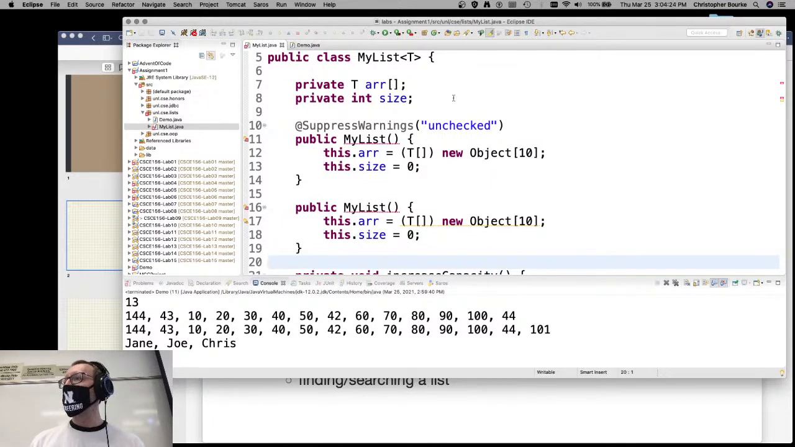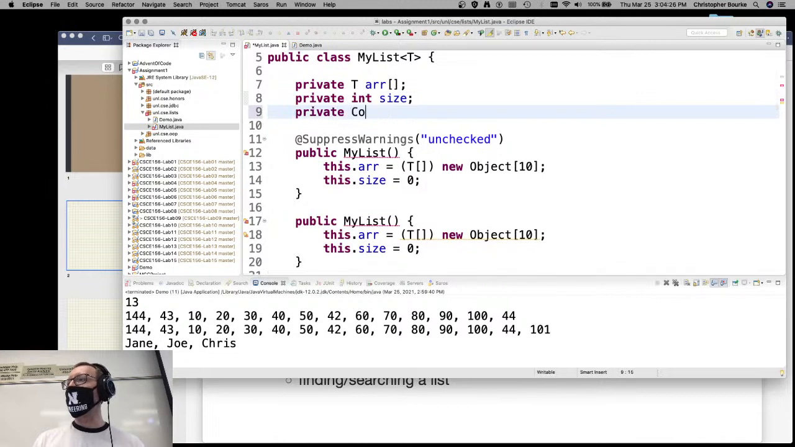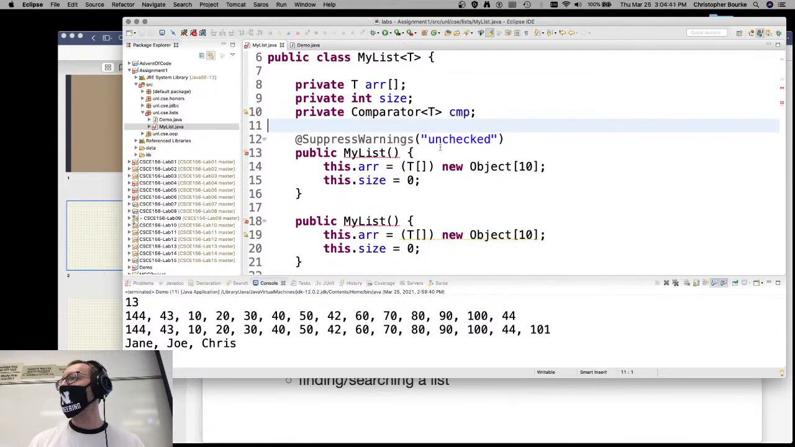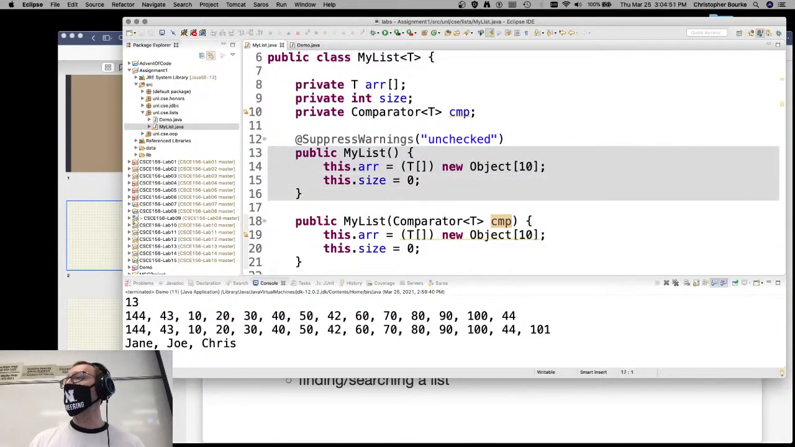So I'll have a private comparator. What's this a comparator for? Elements of type T. What's it called? I don't know. CMP. Short for comparator. Right? I need to bring it in, of course. And I will have another constructor that takes a comparator for things of that type. Right? Because if you want to,